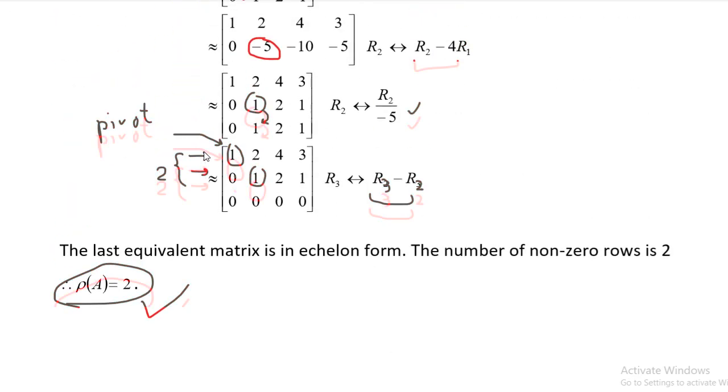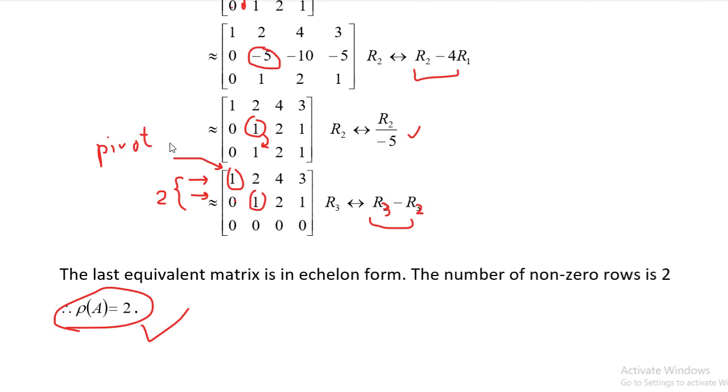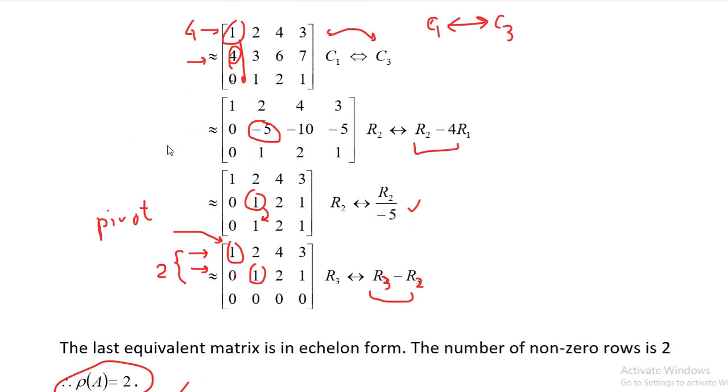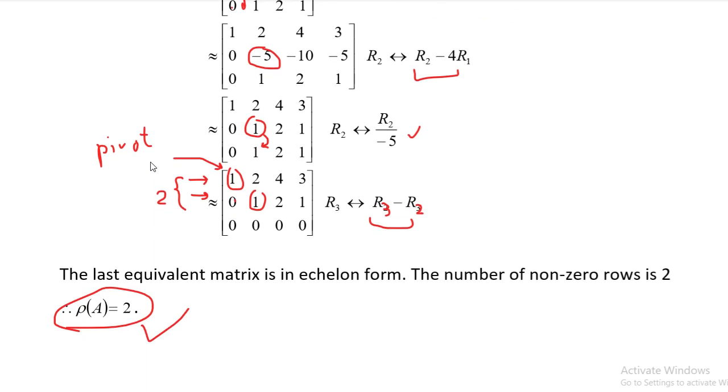I will stop here for today's lecture. Today we went through finding the inverse of a matrix using row operations, finding the echelon form of a matrix using row operations, and finding the rank using minor determinants and using the echelon form. So we studied 2 methods of finding the rank. All right, I will stop here. See you next time with a new topic.